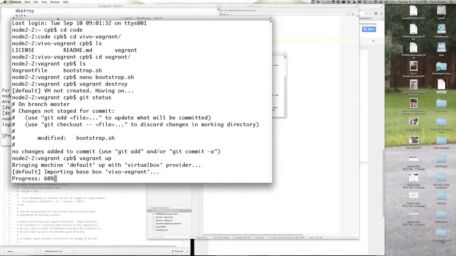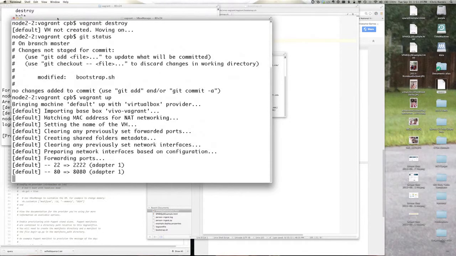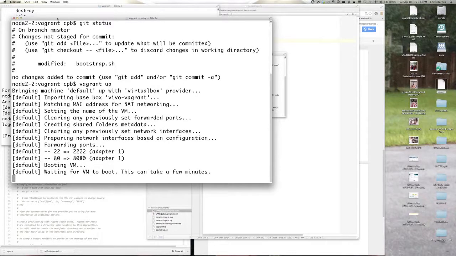And it's going to import the base box file for Vivo Vagrant, and it's going to set up Apache. If it does it in a reasonable piece of time here, I'll log into it and show you that it actually is real. But it's been a real help. In the other projects that we work on here, which are not Vivo related, typical web application projects with a LAMP stack, like Linux, Apache, and PHP or Python, it's been a lot easier to share development environments and configurations between our development team because of Vagrant, because it's all in the Git repo with the source code for the application.